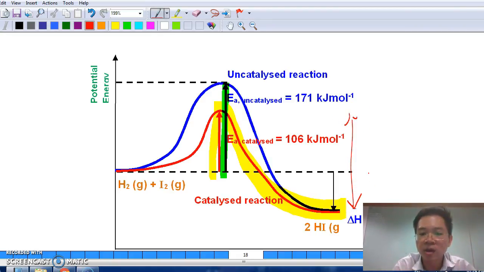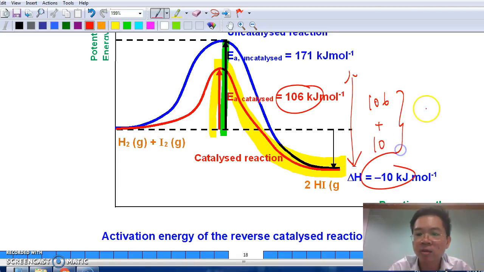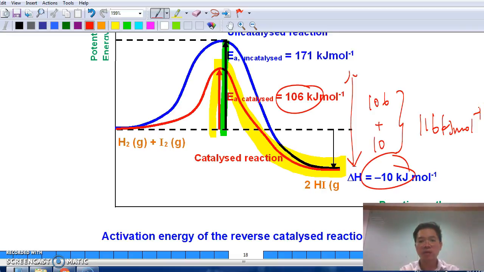Which is your 106 plus 10. This is 106, this is 10. So I sum them up together. The EA for the reverse reaction will be 116 kilojoule per mole. Okay, so this is question